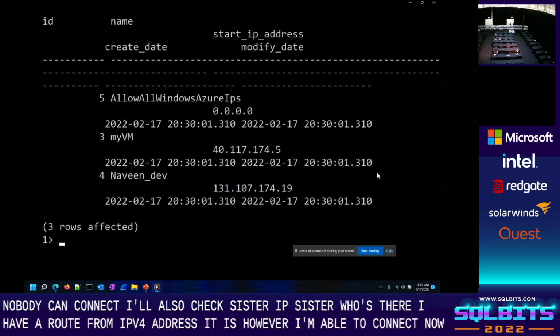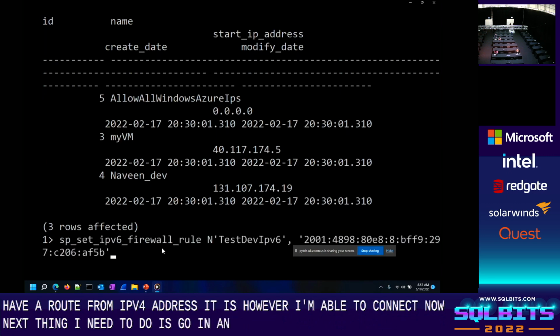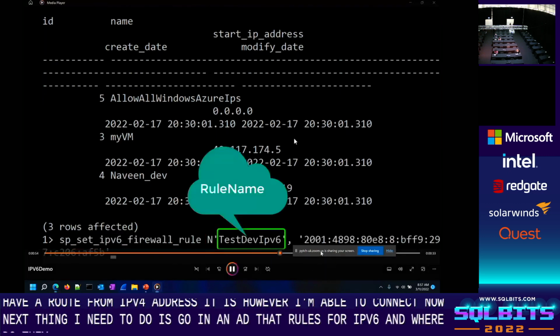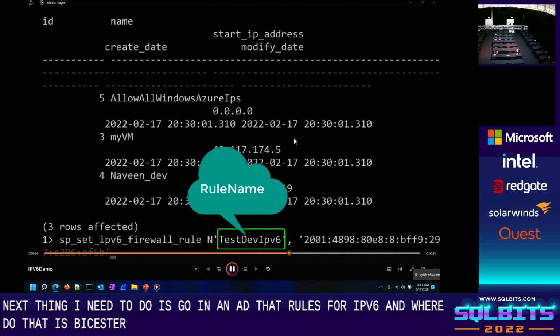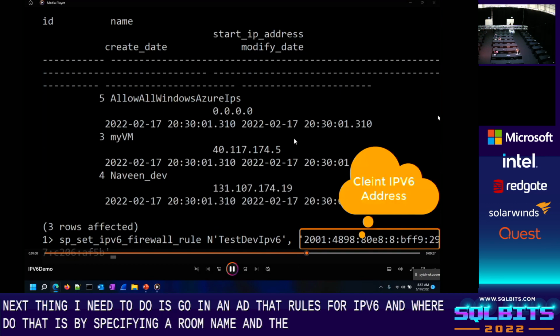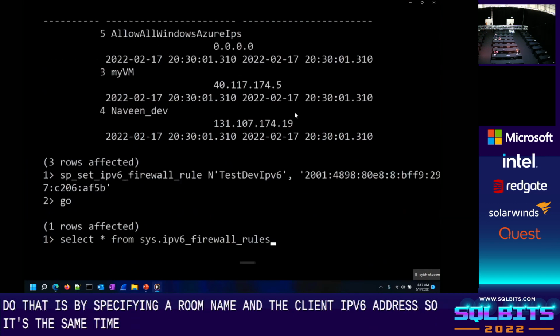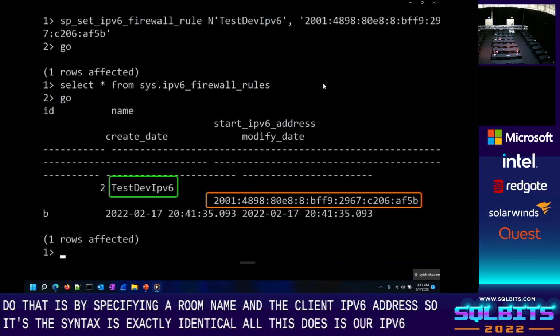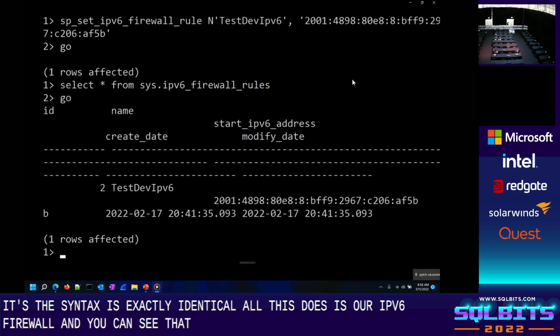Next, I need to go in and add that rule for IPv6. The way I do that is by specifying a rule name and a client IPv6 address. The syntax is exactly identical. All this does is add an IPv6 firewall rule, and you can see that now in the DMV.